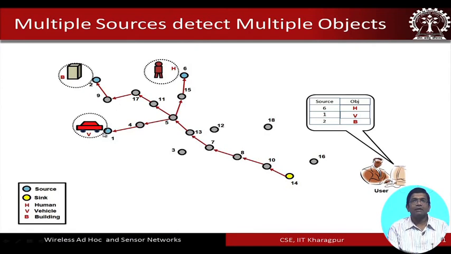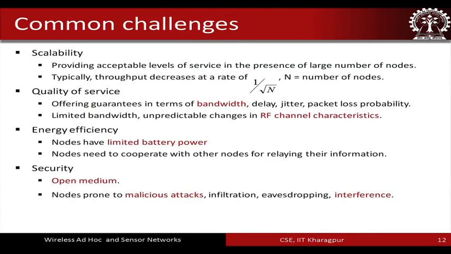So, we have these different sources: source node 1 detecting the vehicle, source node 2 detecting a building, and source node 6 detecting a human. So, we have these 3 different sources which are not co-located, which are far apart from each other, and they detect 3 different objects. Now, let us look at some of the common challenges